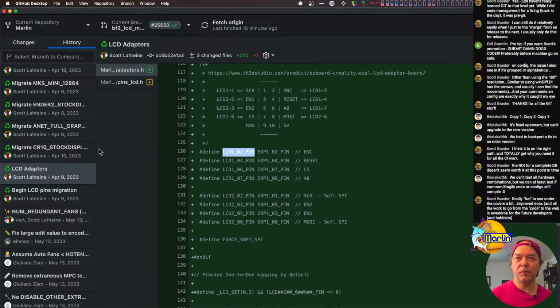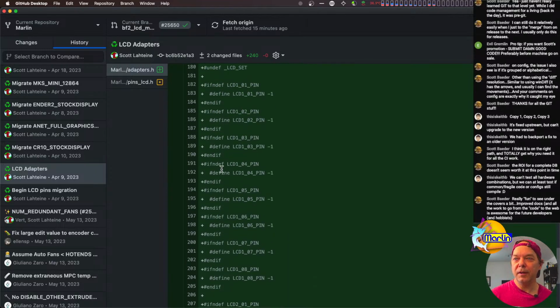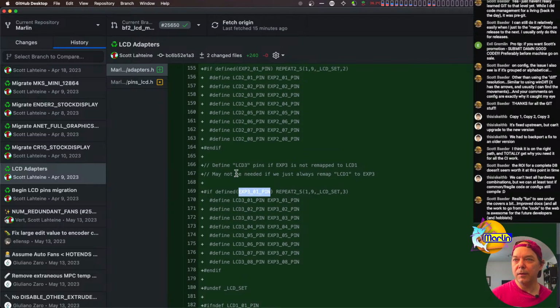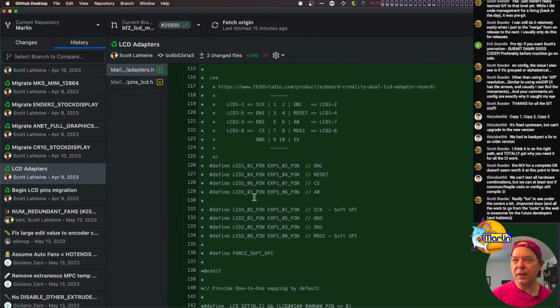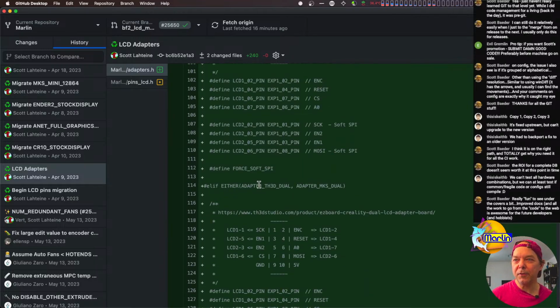And some boards have a standard adapter. And so it falls back, if nothing else is defined, to the last one, which is EXP3, what is it called? EXP1 on 3 or something like that. But yeah, there's the TH3D dual adapter, which connects a dual adapter to a single port, and then maybe connects